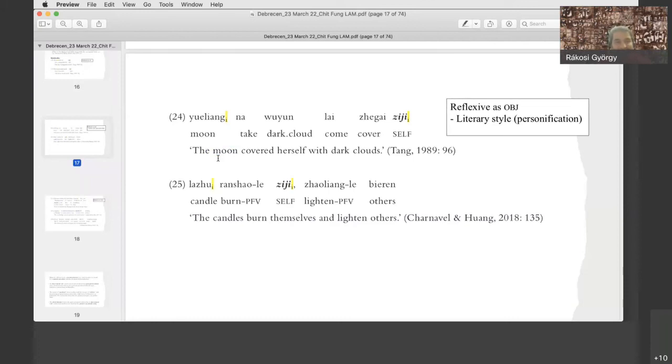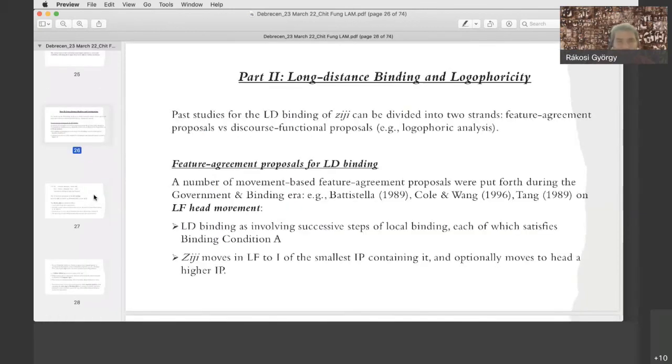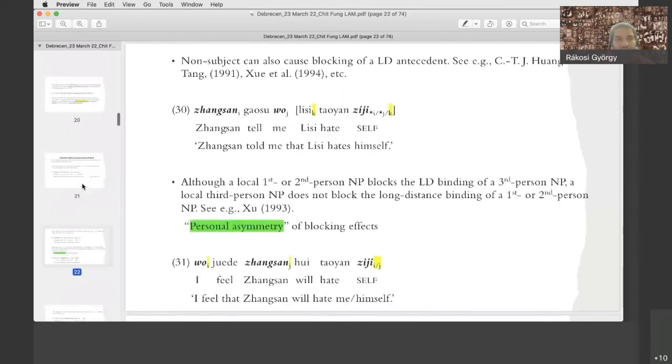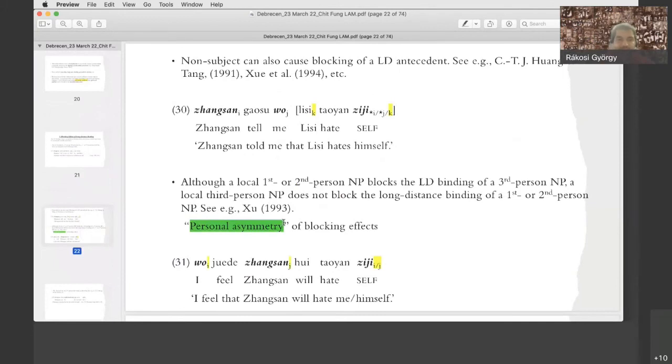And then the other thing that I wanted to ask you about is this very interesting blocking effect, which you have with the deictic use of the third person pronoun he, and you don't have that blocking effect with lexical noun phrases. Yes, the personal asymmetry. Is that this one? In a framework like LFG, there would probably be no difference between a lexical noun phrase and the third person singular pronoun. They would just be third person